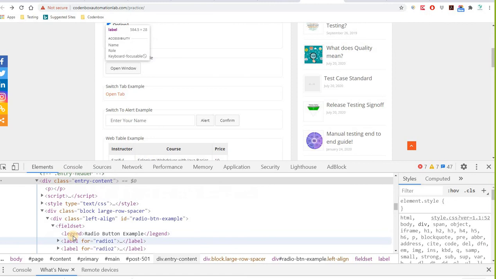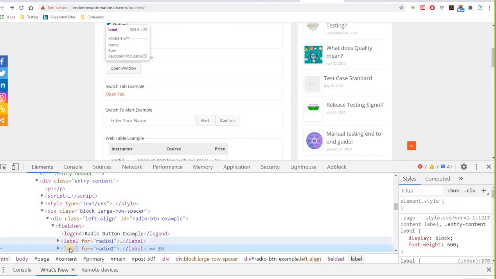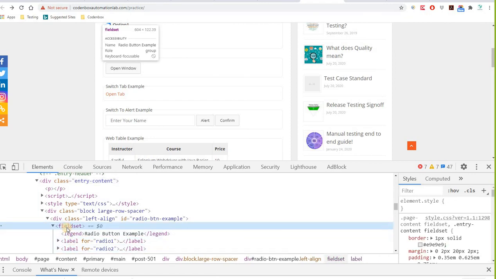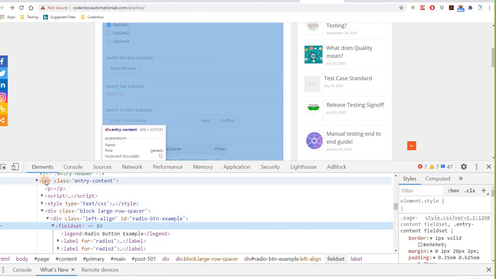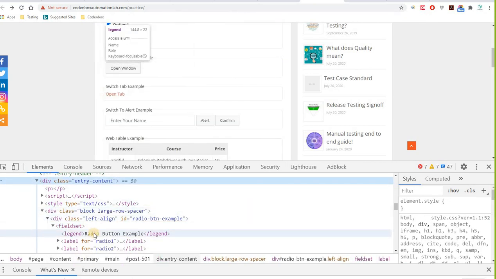So for this child, the field child is the parent, and this div is their grandparent, right? So sometimes we have to follow this path to find an element uniquely. That sometimes happens. So finding an element is sometimes easy, sometimes a little bit challenging,